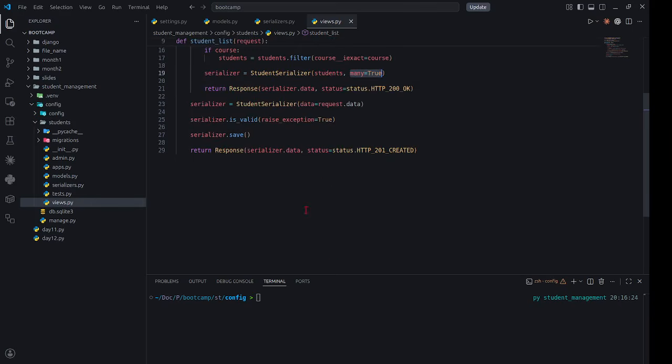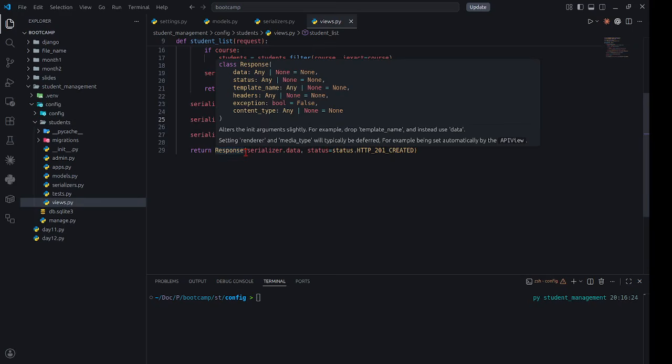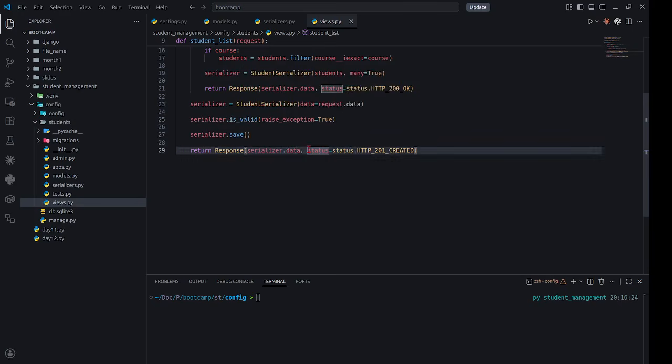right? And then with the post request, we first serialize the data, then we check if the data is valid. If the data is valid, we save the data. If the data is not valid, we just raise an exception equals True, right? So if the data is valid, we just return response with the student's data and the HTTP status,